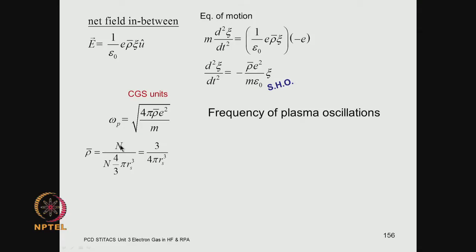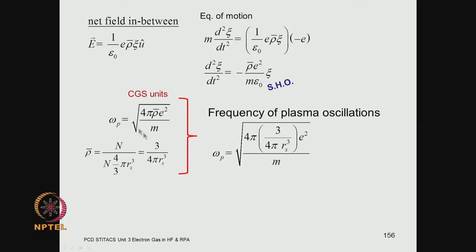So, this is the number of electrons n. This is the total volume, which is the number of electrons times the average volume of each electron, expressed in terms of the average radius of the volume occupied by each electron. So, the n's cancel and you have 3 over 4 pi rs cube. That is the expression for rho bar, which is the average density,